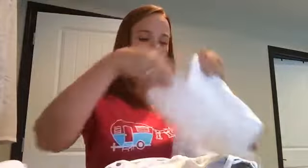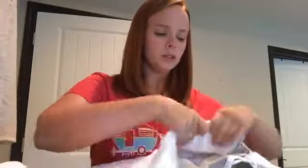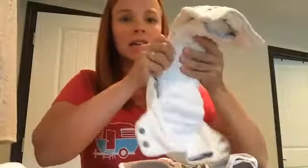All right. Now, also think outside the box. If maybe you can't right now buy a bunch of organic cotton doublers, well, who says you can't pull out those newborn prefolds that you had? I'm not sure, I've never really tried this, but maybe wrap your soaker with your newborn prefold, and if it'll still fit inside the elastics without leaking, I don't know, let's see. We're getting creative here. All right, so I've wrapped one of the soakers